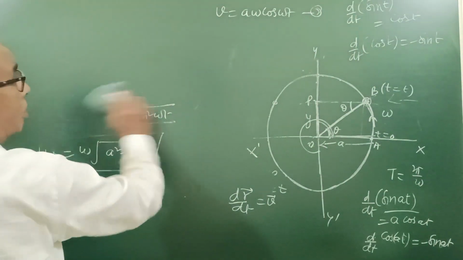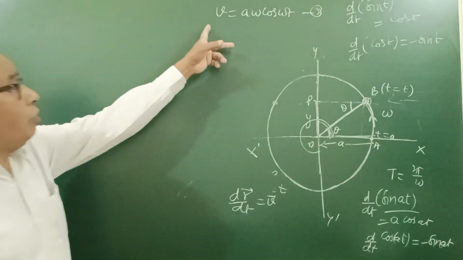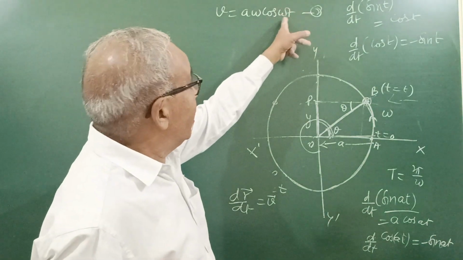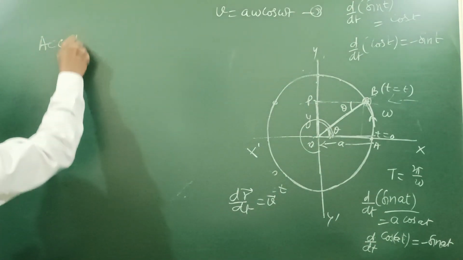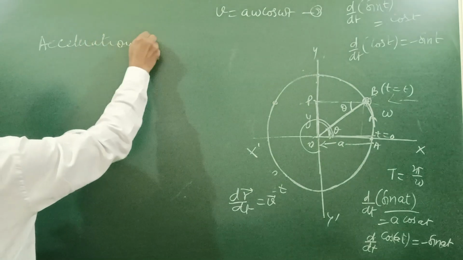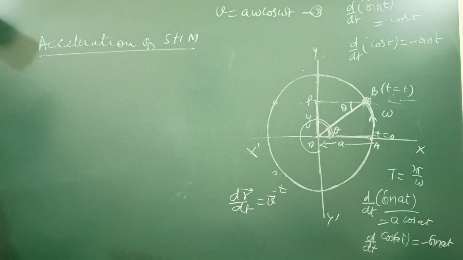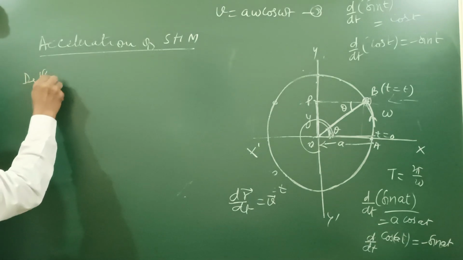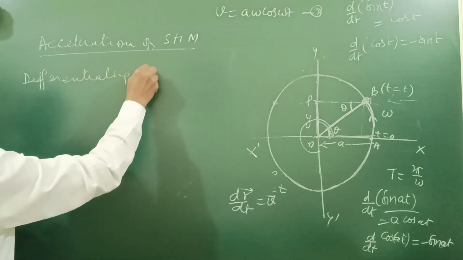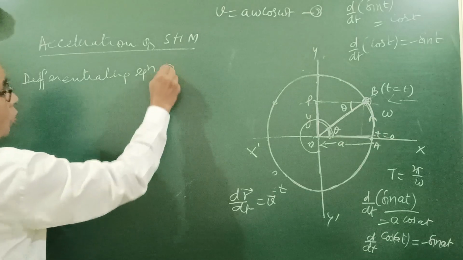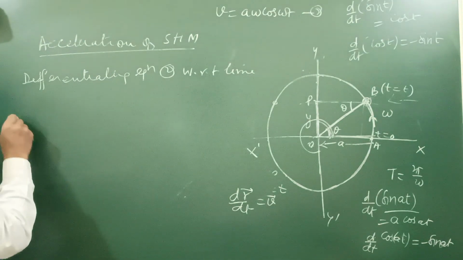Now from equation 2 you see v changes with time t, omega is 2 pi upon T, periodically different. So acceleration of SHM. Differentiating equation 2 with respect to time again, we get